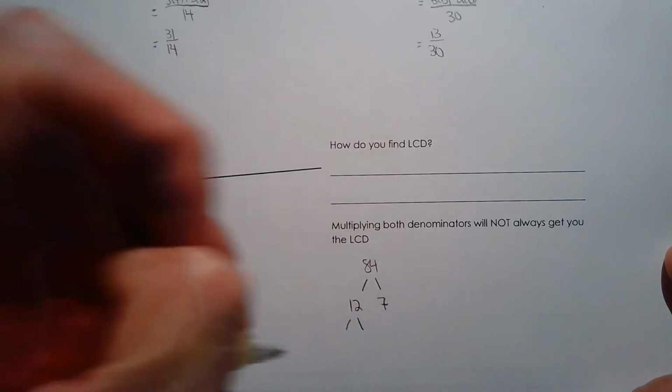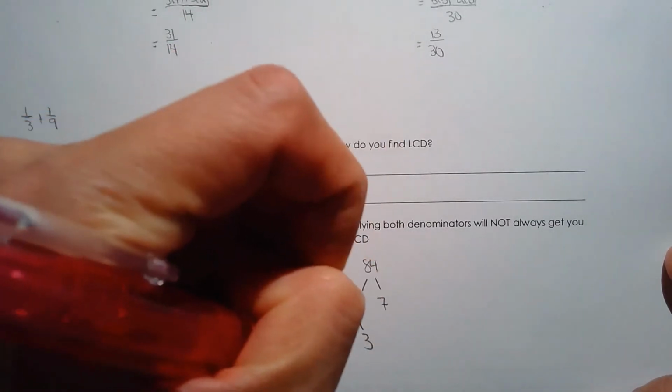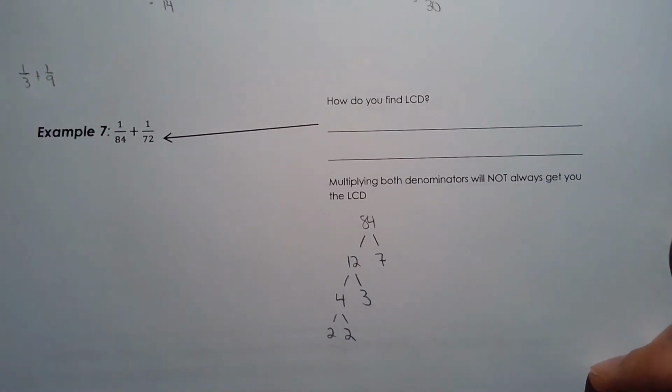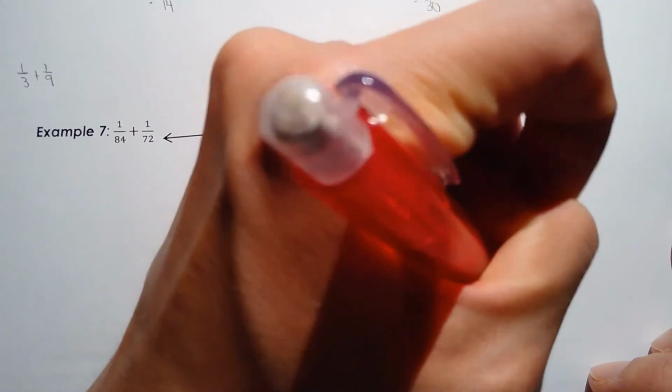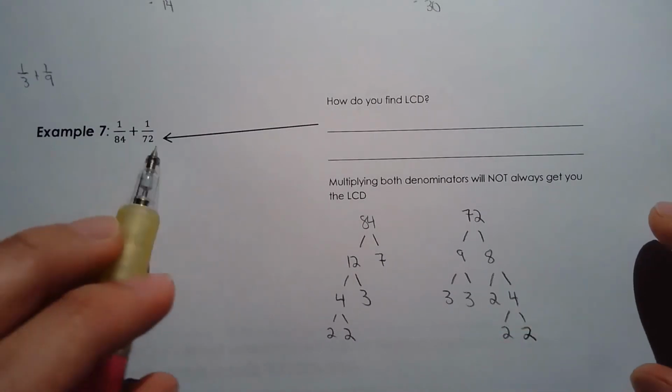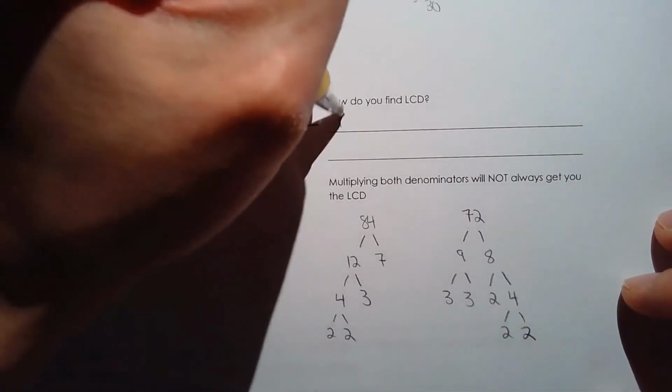And then 12 is 4 times 3, and 4 is 2 times 2, and then I have to stop. And then what about 72? And we do the exact same thing. 72 is 9 times 8, 3, 3, 2, 4, 4, 2, 2. So in case you haven't realized, I am taking each of the denominators and prime factorizing